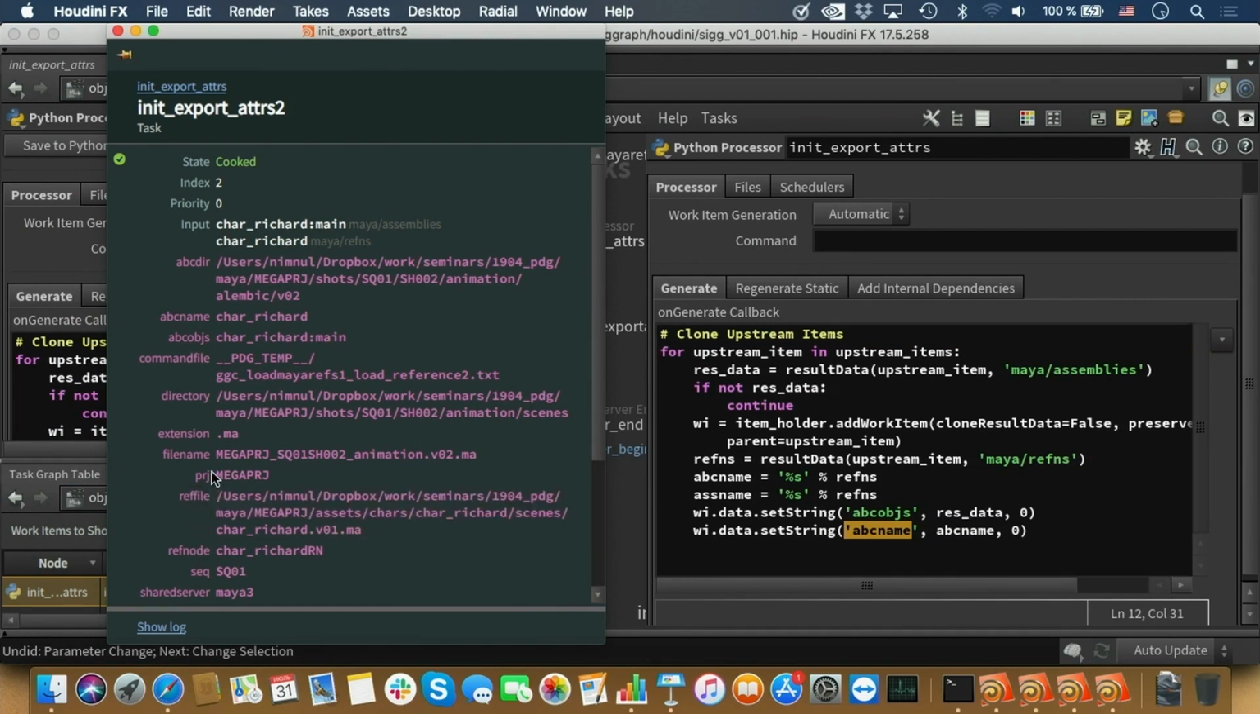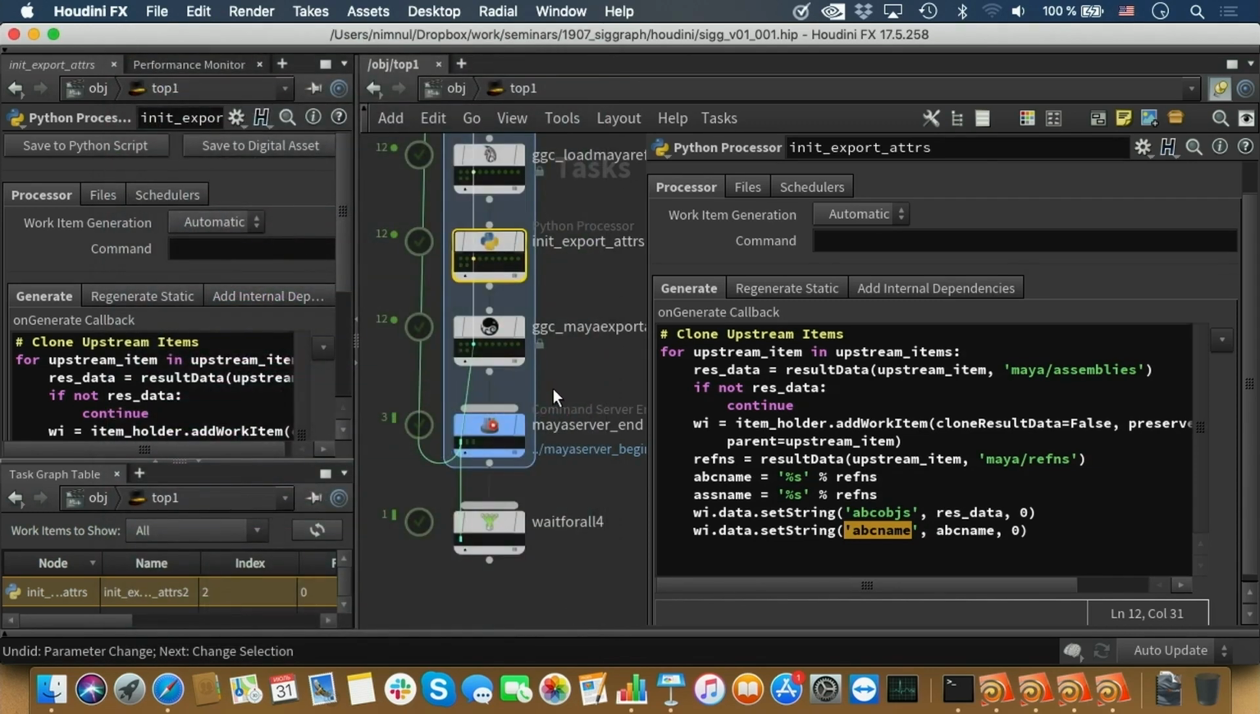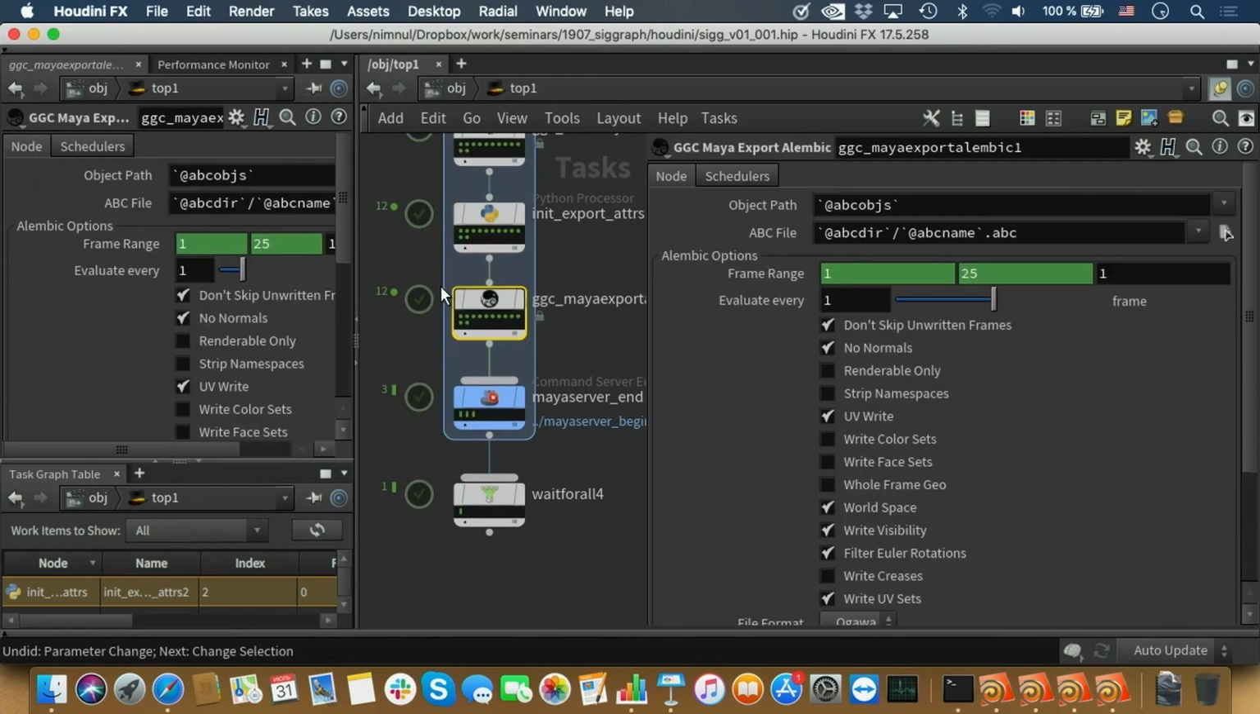We have an object to export. This is a Maya node name. And ABC name will get, this will be the name of the Alembic file. And then we get into export Alembic. So what it does, it exports Alembic,